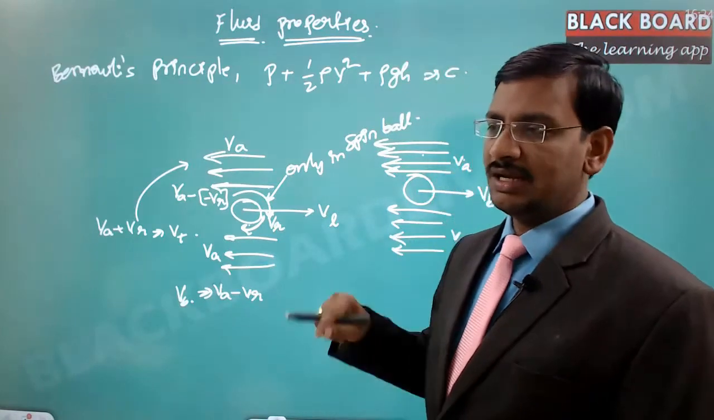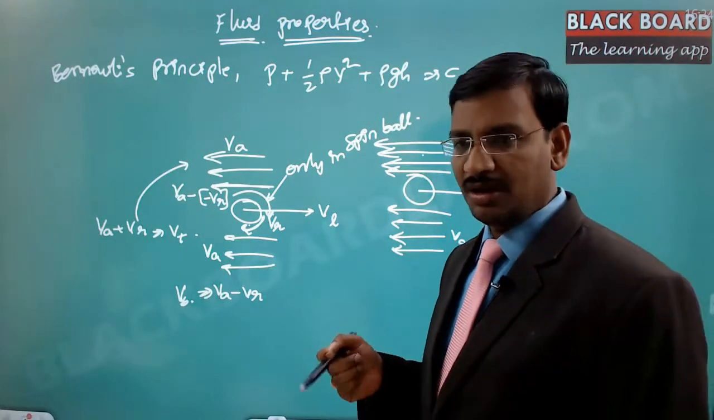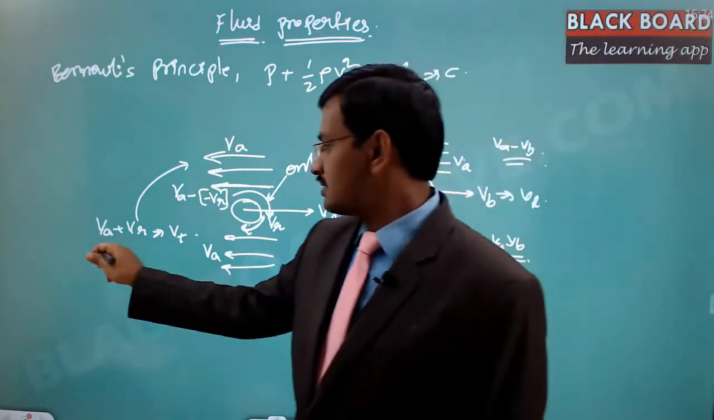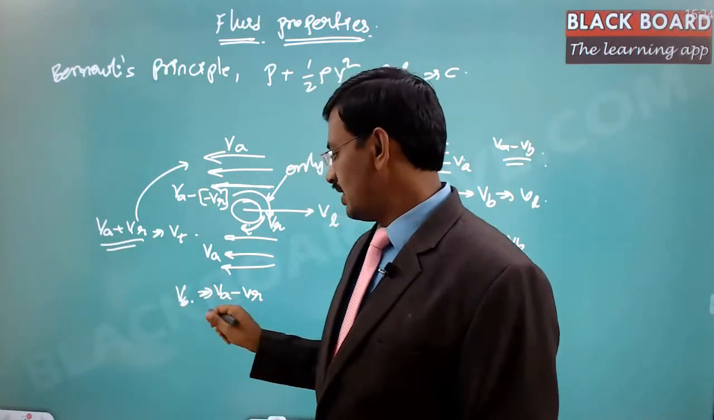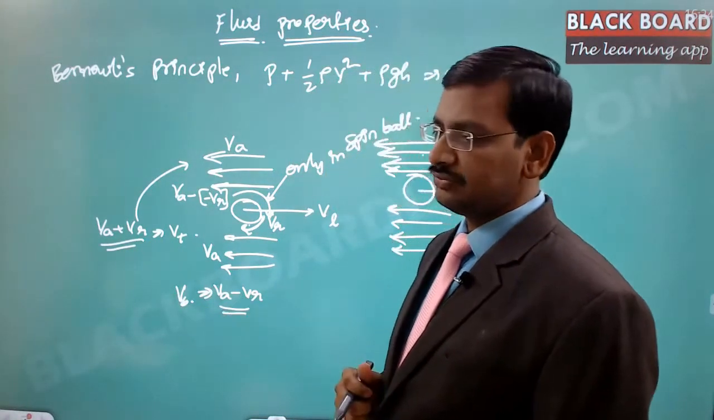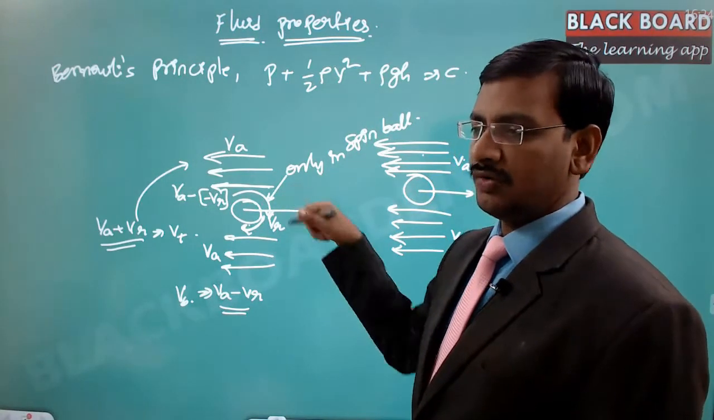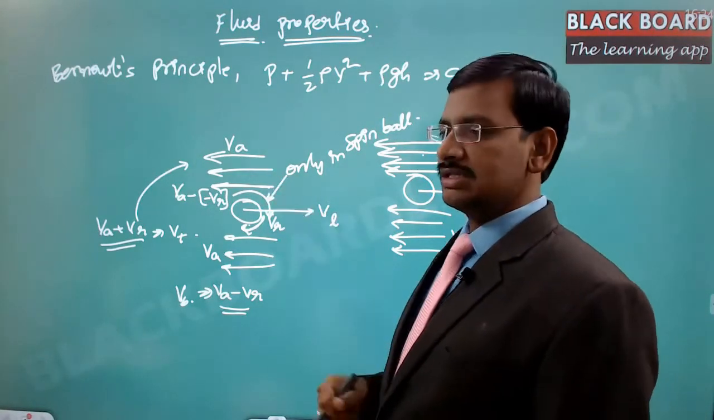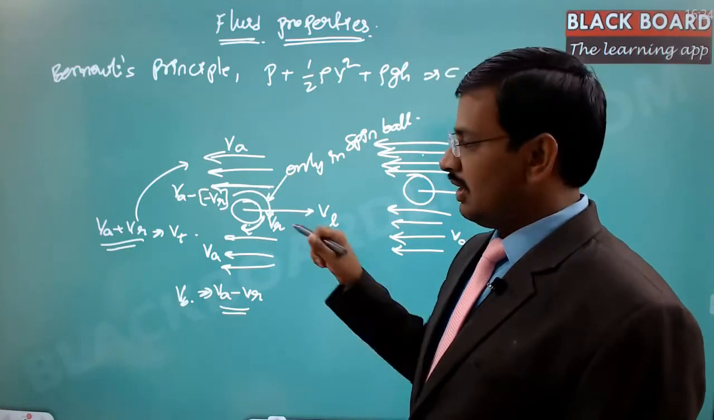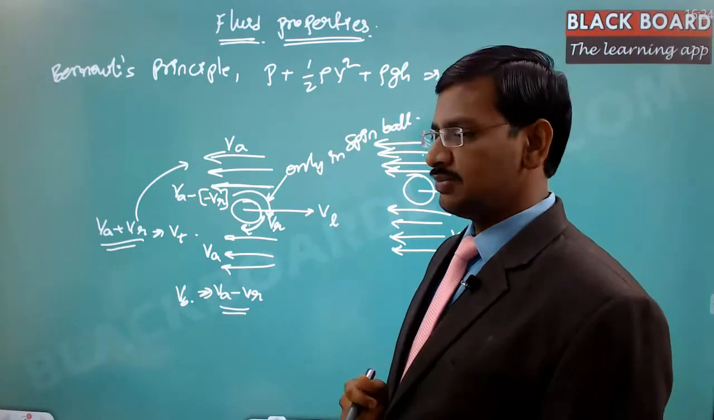That means the relative velocity between the air and the spinning ball is more at the top and less at the bottom, obviously, right? So there is a difference in the flow velocity of the air particles in this particular case. Now, as per Bernoulli's principle,